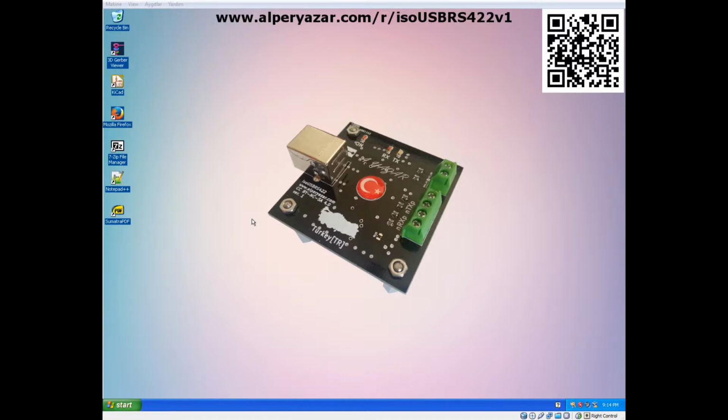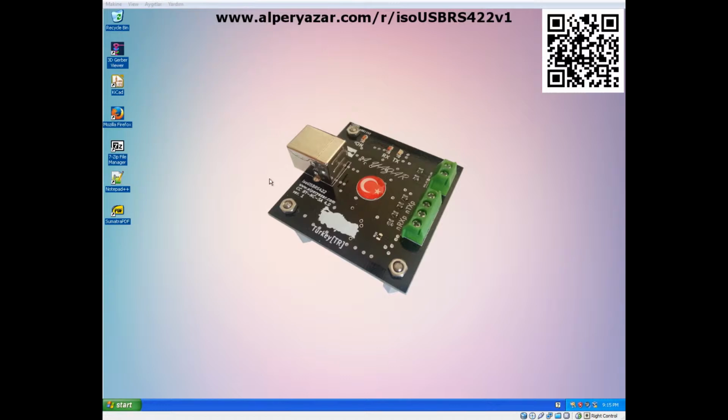I'm going to use this virtual computer for the next couple of videos. It's running Windows XP Service Pack 3 and it's a fresh system. An ISO ESPRS 422 board was never plugged to this virtual machine and no driver related to the board was installed. In the next videos, we will see the driver installation together. I installed only programs that are necessary to view the project files. We will use them in a minute.